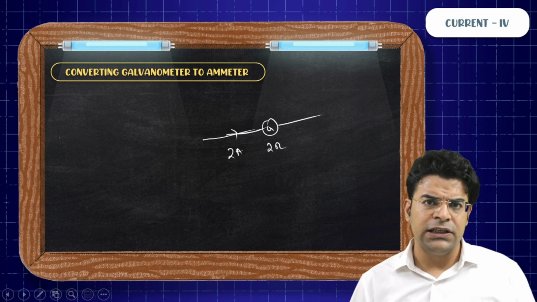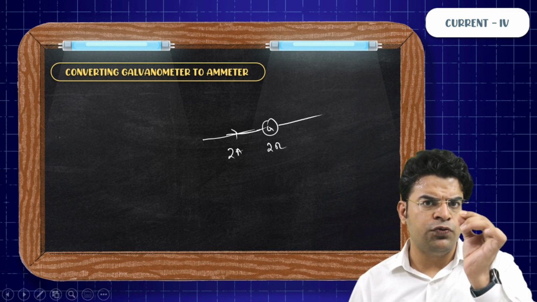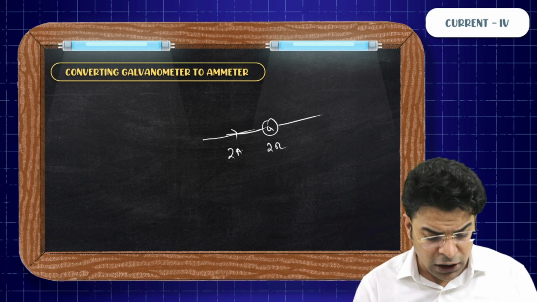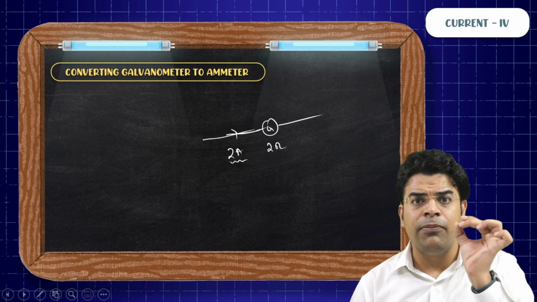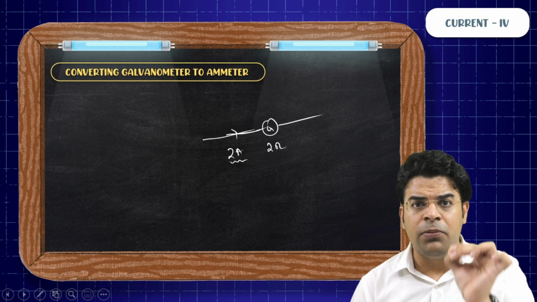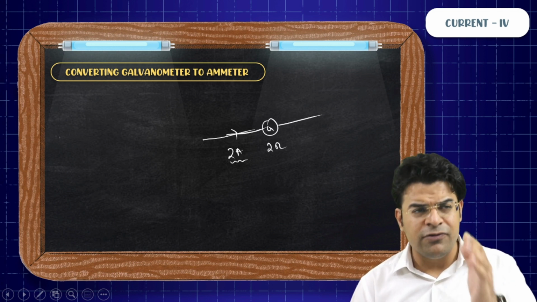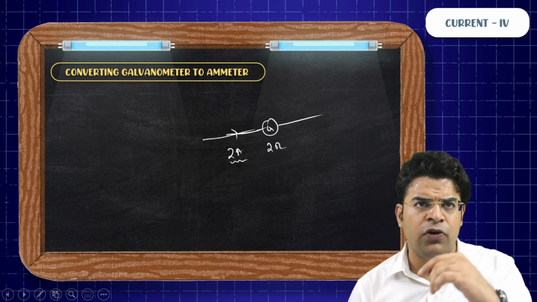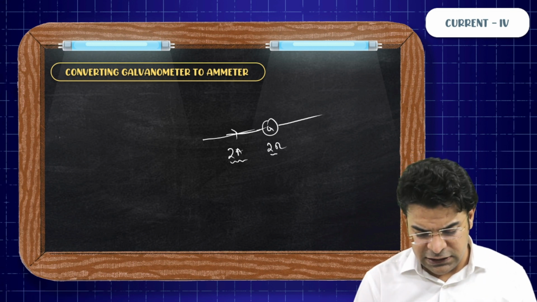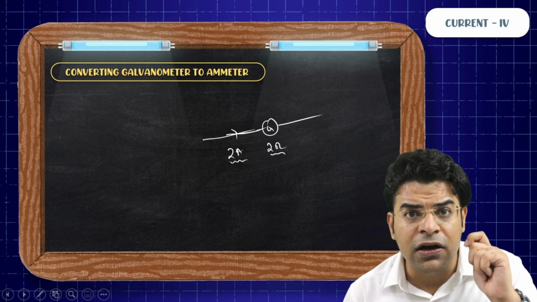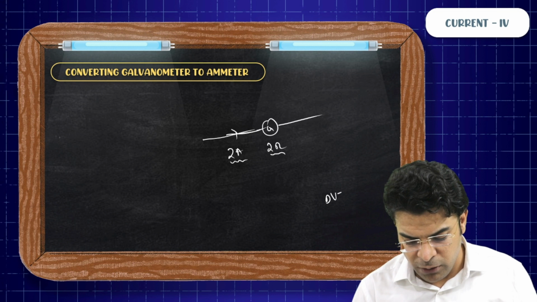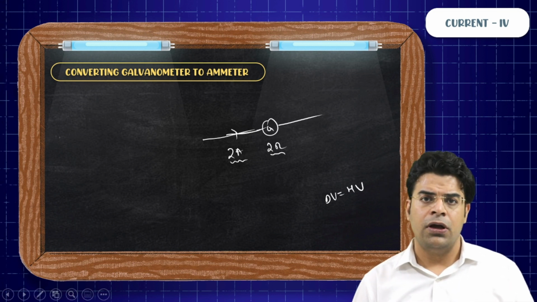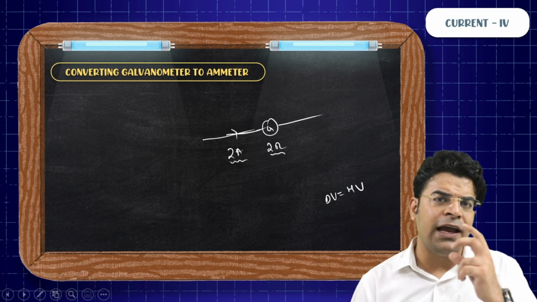So the question is, if this galvanometer shows full scale deflection for a current of 2 ampere, what is the maximum potential drop that can be applied to the galvanometer? You will say it shows the maximum deflection for a current of 2 ampere. Its resistance is 2 ohm. So to drive a current of 2 ampere through a resistance of 2 ohm, the applied potential drop has to be 4 volt. But let's say you need an ammeter